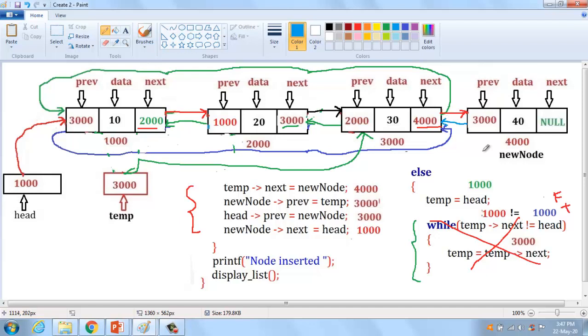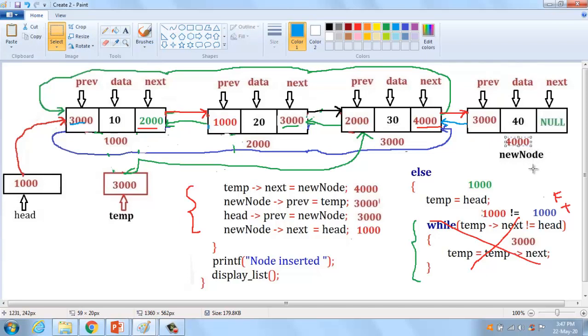Could you understand? After that, how can you identify this is the last node? The last node points to the first node address, and the first node points to the last node address. We are going to create it like that. Head of previous equals new node. Head of previous is nothing but 3000, pointing to the new node. What is the new node? The new node is 4000.